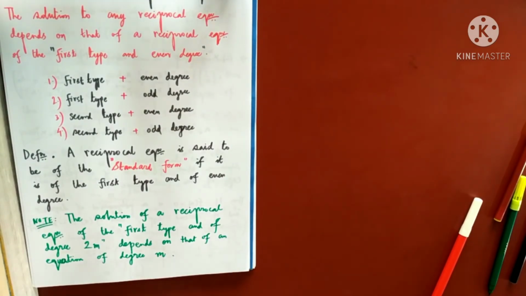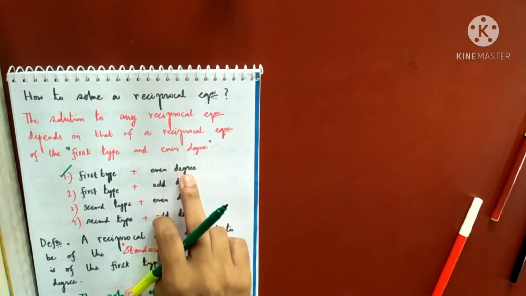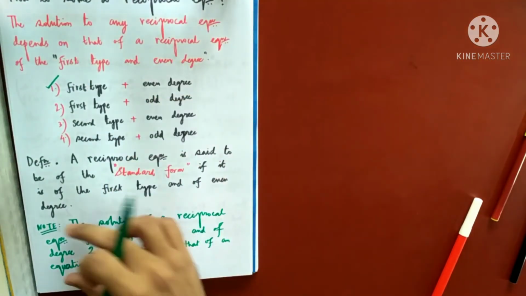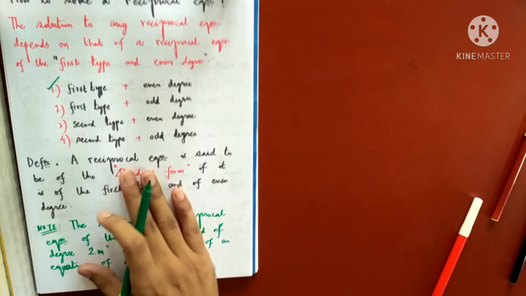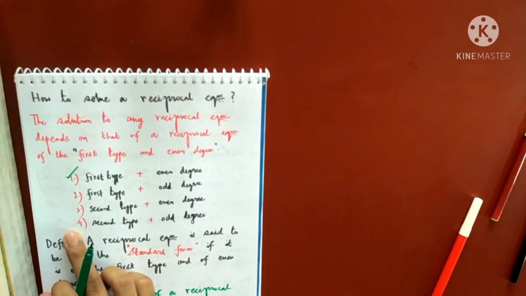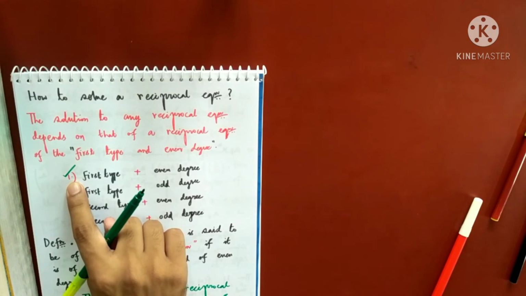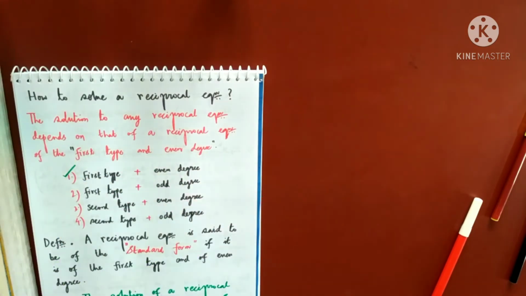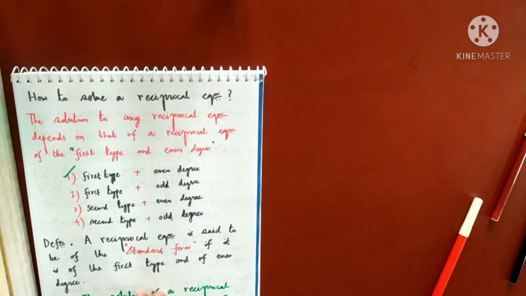So the first target is to solve a reciprocal equation in the standard form, that is, the first type in even degree, and this will depend on this. I'll tell you how. And once you have understood how to solve a reciprocal equation of first type and even degree, all of this will be simple enough, because all can again be converted into a reciprocal equation in the standard form. Okay, we will see how. So let me solve this type today. I'll just do one or two sums according to the time that is left to us. So let's start with this one. I'll take some examples of reciprocal equations of first type and even degree.